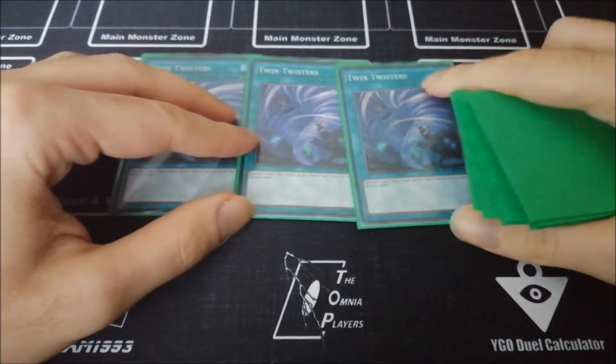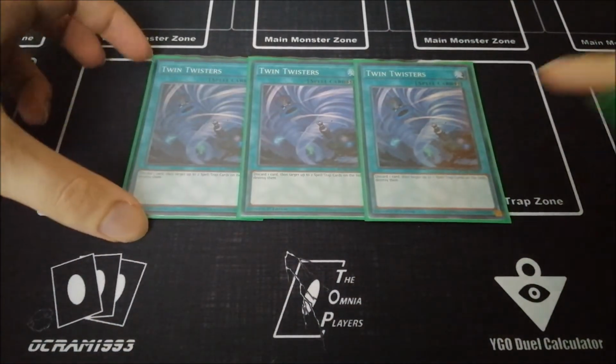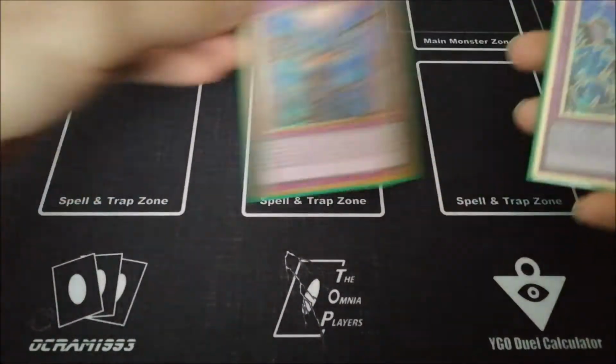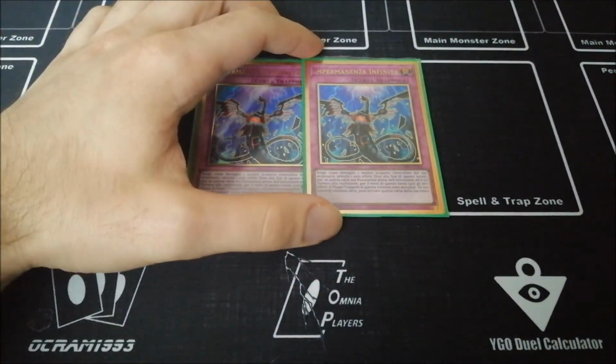Then for the side deck, another Field Center in here, and then I'm running 3 copies of Twin Twisters. I prefer this over the Cosmic Cyclone because you can discard the dangers that will trigger their own effects with Twin Twisters. Then 2 copies of Infinite Impermanence because sometimes you don't know if the opponent will let